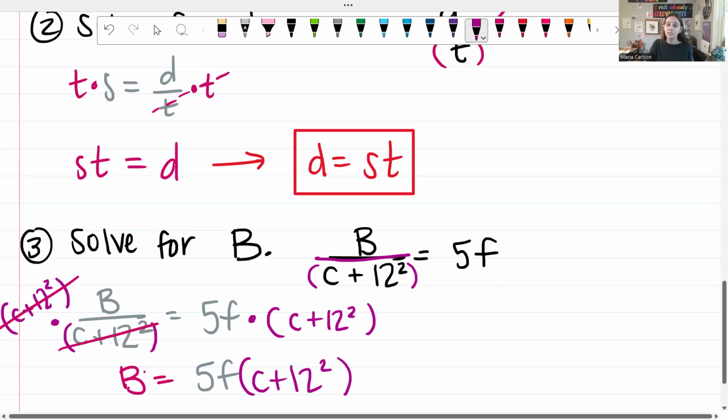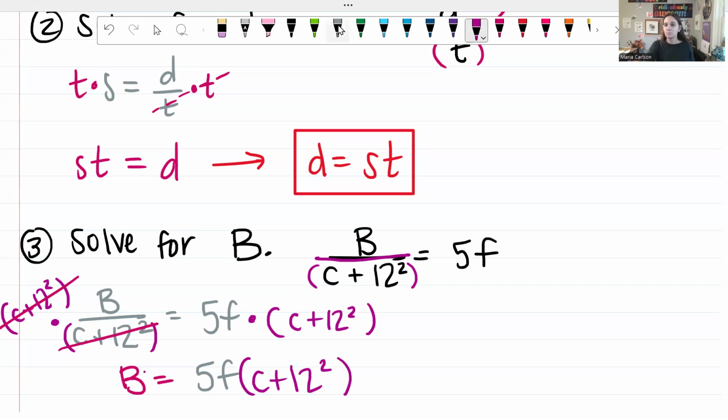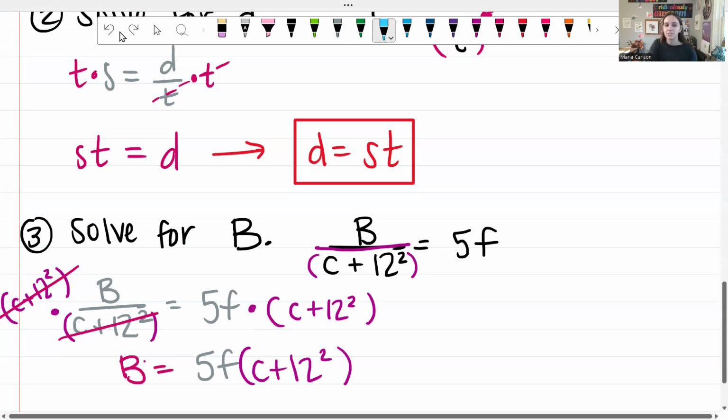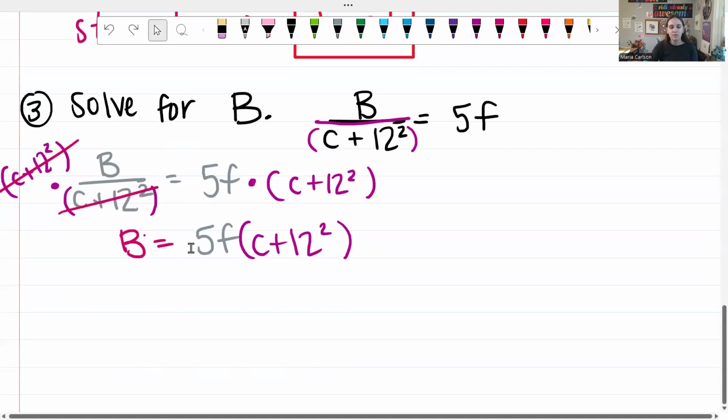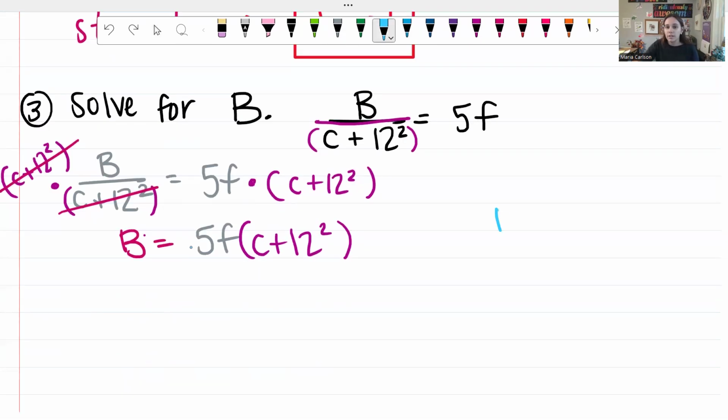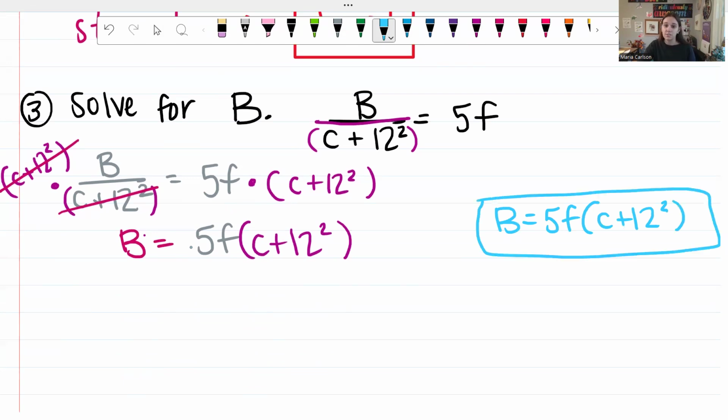And you could either leave it as this term outside of a set of parentheses, or we could distribute it. I could distribute 5F to C and 12 squared. I wouldn't, though. You don't have to. You could leave it just like this. So I'm going to write it all in one color. B is equal to 5F times C plus 12 squared. And this is an answer, if you were working in Delta, this is an answer I would accept. Number 4,